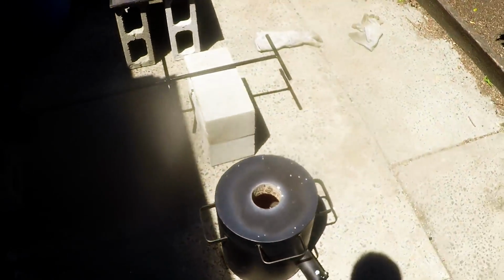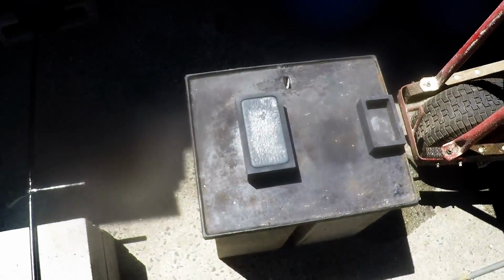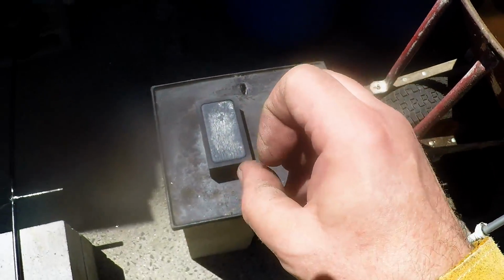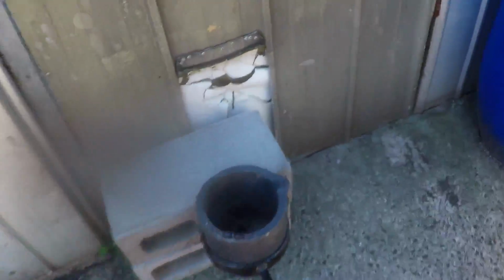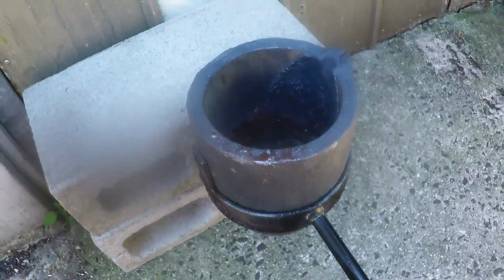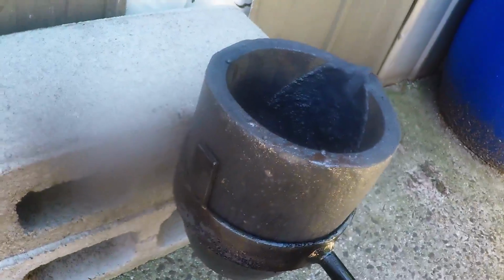Now I know what to do when I'm doing copper wire, even in this. I thought it was only going to be in the electric crucible, but this one as well, need to put heavy pieces of copper on top to push it down and it melts a little bit quicker. And this crucible is the 10 kilo crucible. It was pretty heavy, but I managed to pour it pretty easily. I'm happy with the